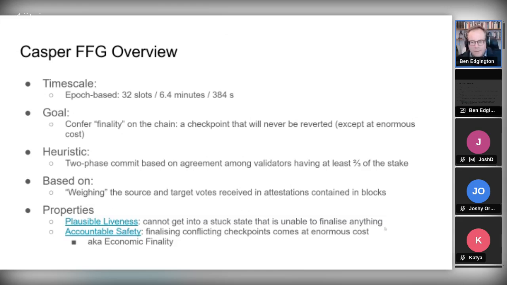or unnecessarily. And it has an accountable safety property. So if less than 1/3 of your stake is adversarial, then it's fully safe. It offers you